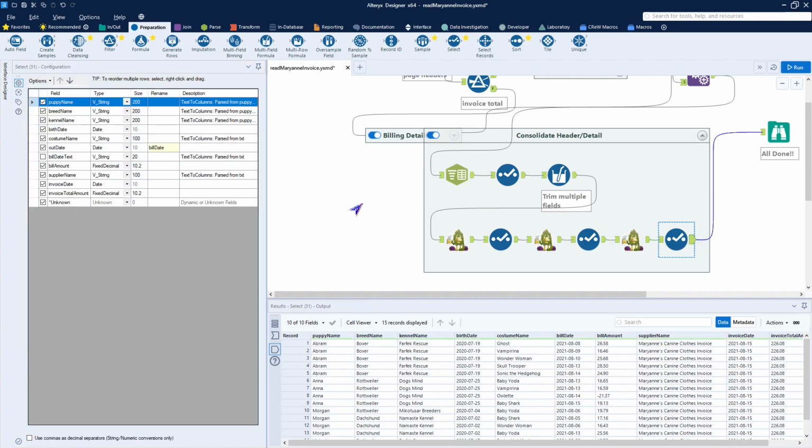I then can create a nice record that no longer uses the text fields for the dates or numbers, but actually uses dollar amounts and dates. So now my record has in it the puppy identifying information with an actual birth date,